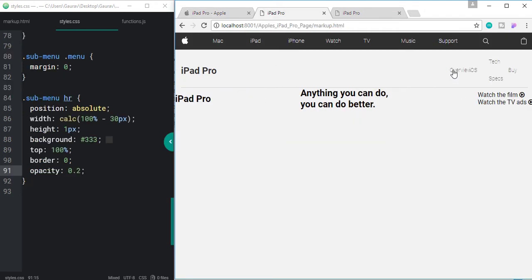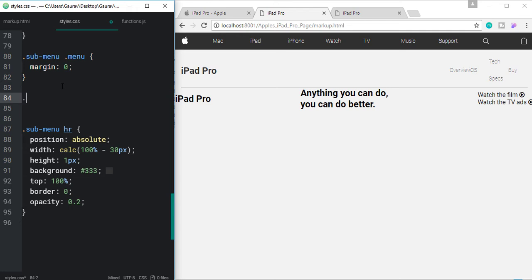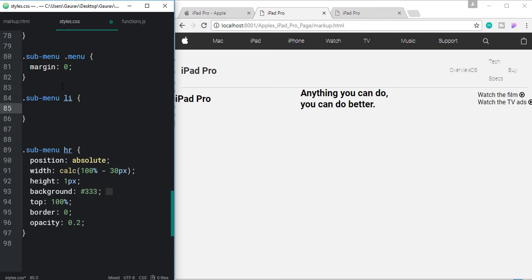So now let's target these list items. So let's target them here. So sub-menu li. So for the font size, let's set the font size to 12 pixel, and they are taking the styles of these list items.